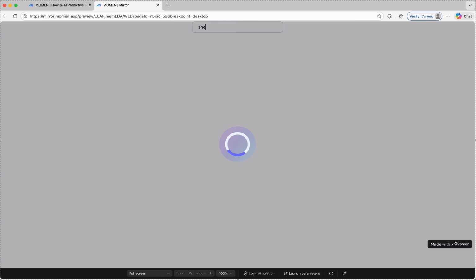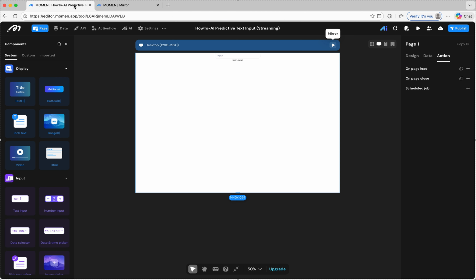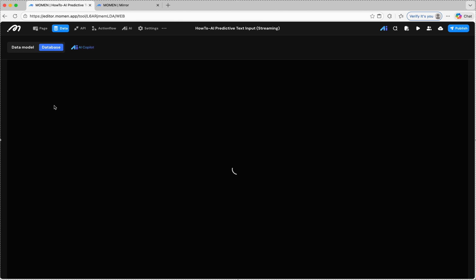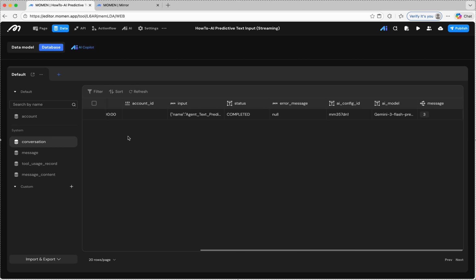Finally, let's preview. Type in the input box and it triggers automatically at 3 characters. The text box below outputs predicted results in real time. Clicking the prediction automatically fills the input field and clears the prompt below. Let's return to the database. Here we can select the conversation table to see the corresponding